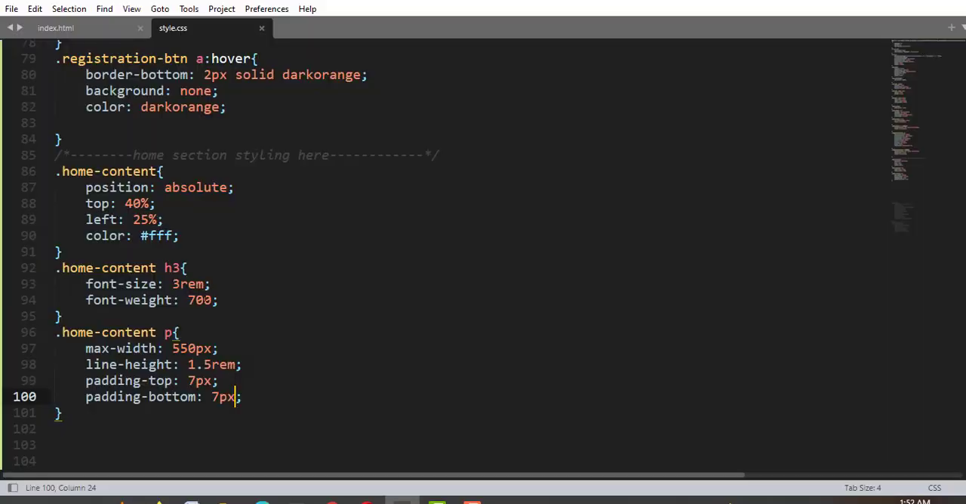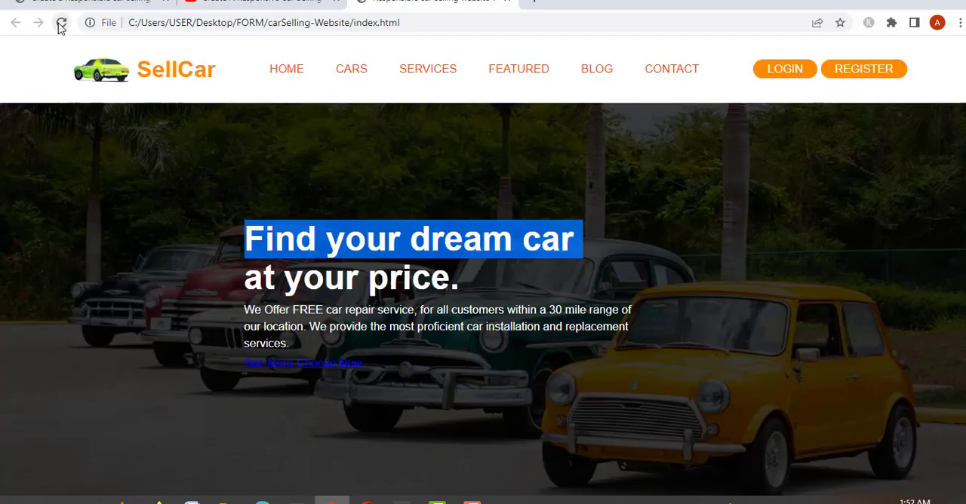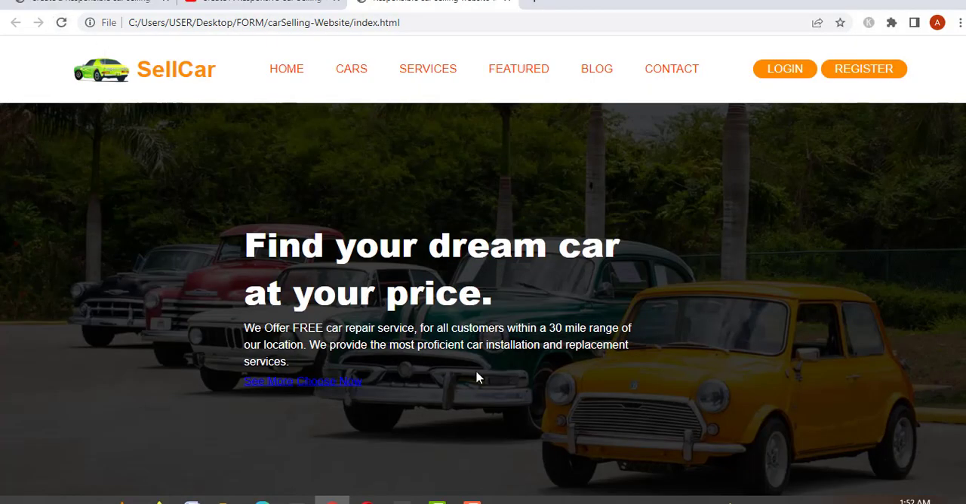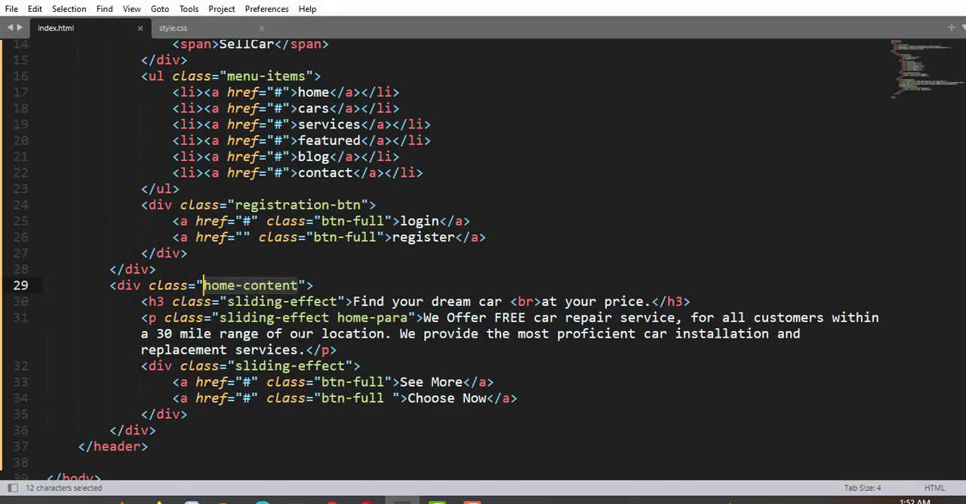Now let me increase the font weight for this. Change this 700 into 800, and now when I save and refresh, here we have. Now let me style this call to action button right here. So using this class selector btn-full,